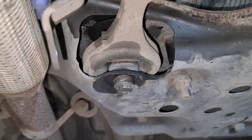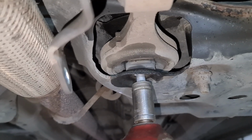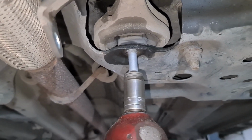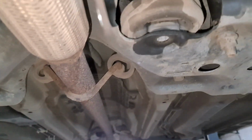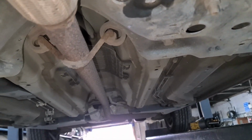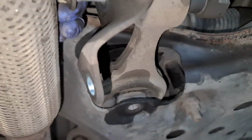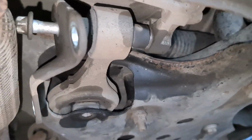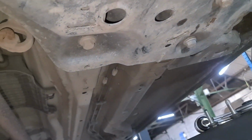That's a bit tight. Nicely take the bolt out, put it to the side there. Now what we're going to do, we're going to move this in an angle. This is still not coming out, so we can push the engine forward. If you push the engine forward,